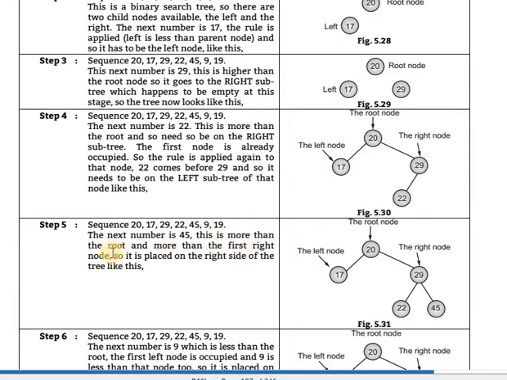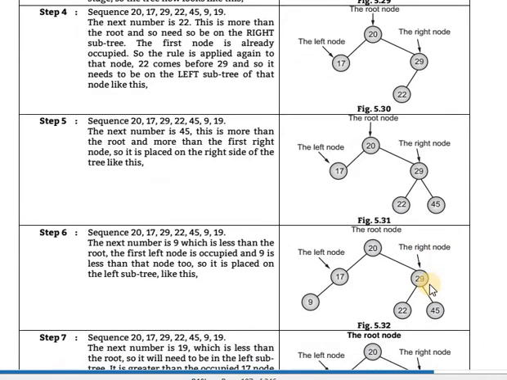This is more than the root and more than the first right node, 29, so it is placed on the right side of that tree. 45 is greater than 29, so it is moved to the right side.